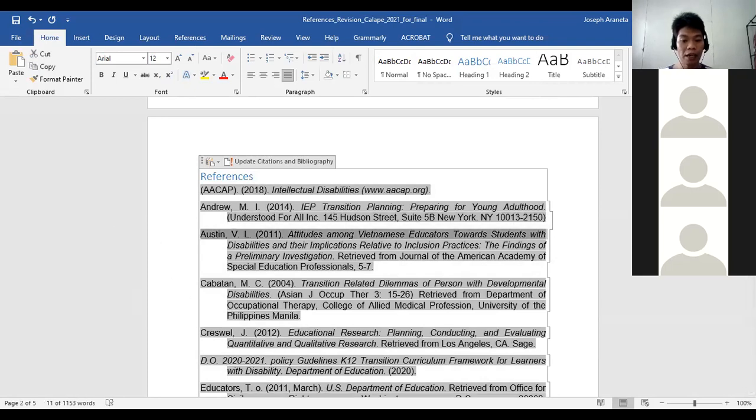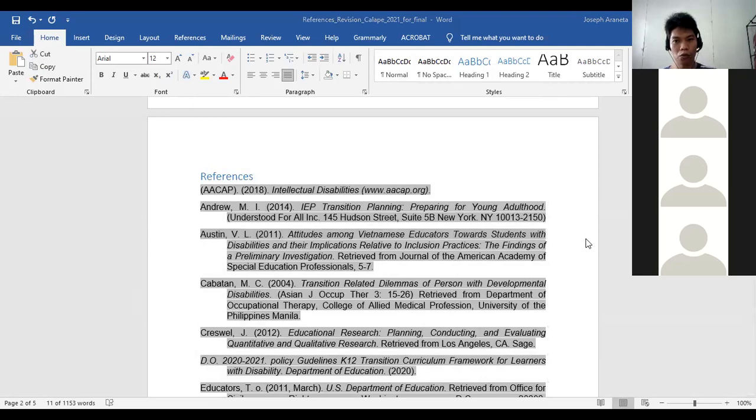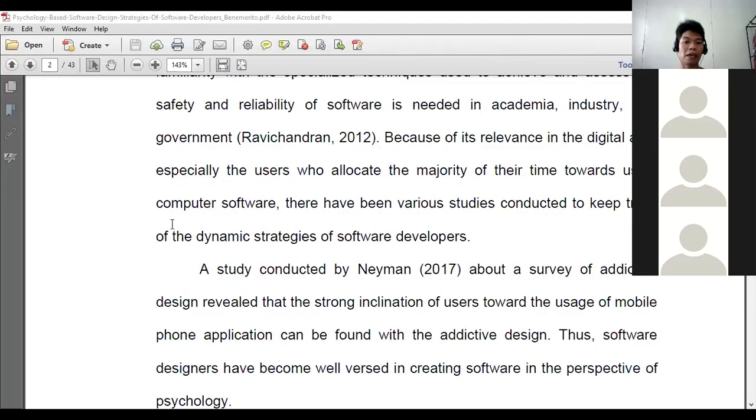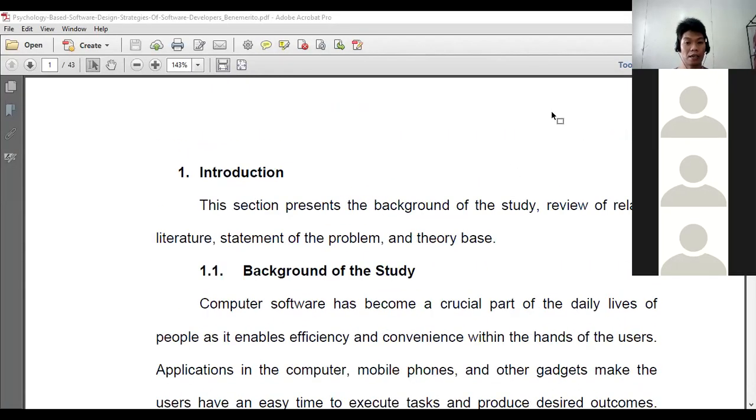And then, by the way, nakalimot ko i-discuss tong sa research introduction. Makita ninyo ang sample na research PDF.